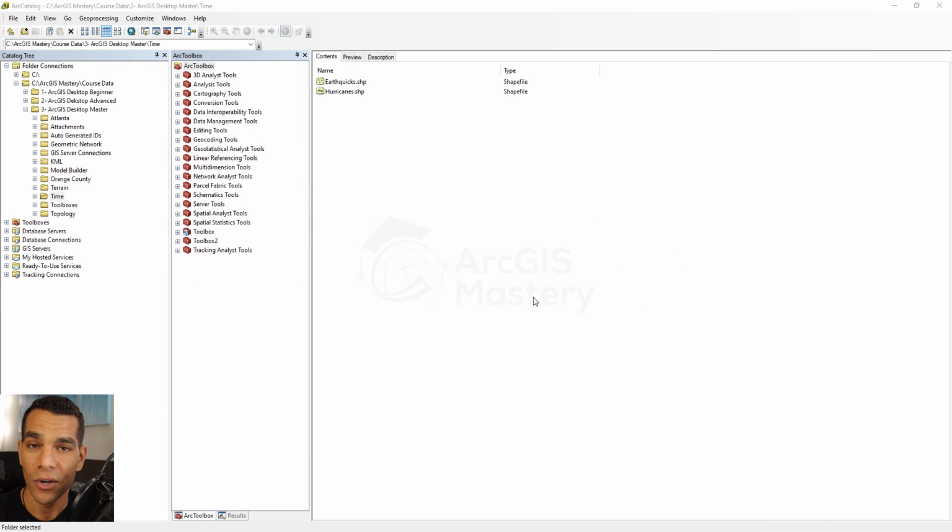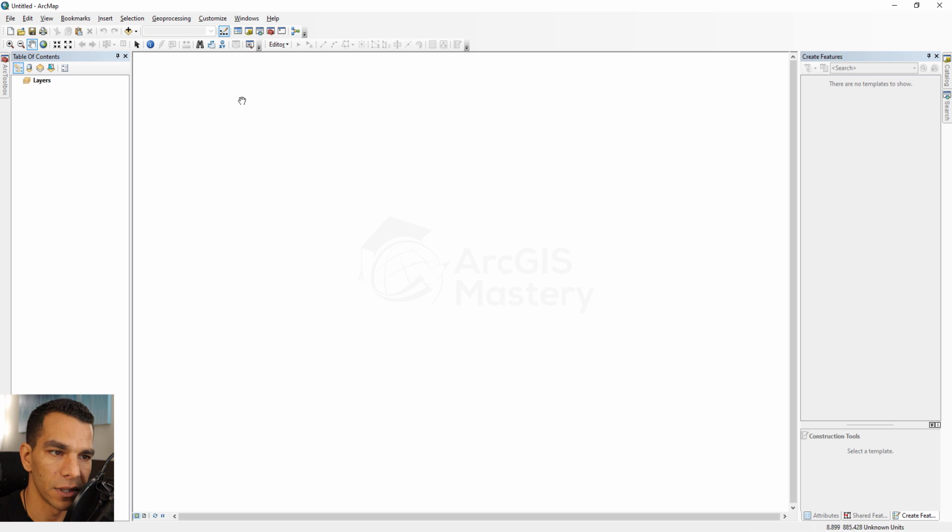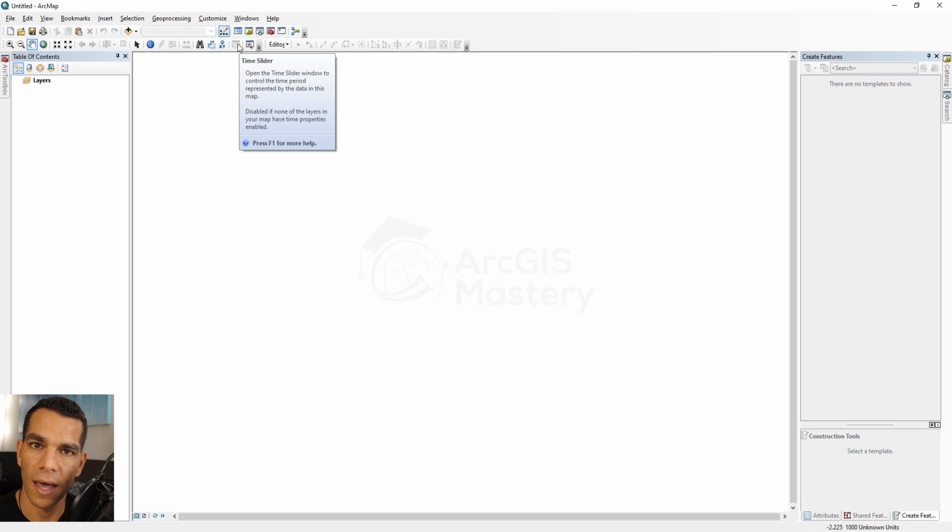Hello guys. So in this video we will take a look at how we can enable time properties for any feature class or any shapefile we have, and how we can view it in the time slider on ArcMap. If you open ArcMap with an empty template, you will see there's an icon in the toolbar called time slider, but this one will be disabled as long as you don't have a shapefile or a layer that has